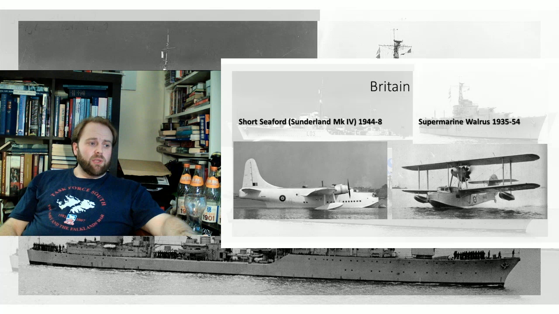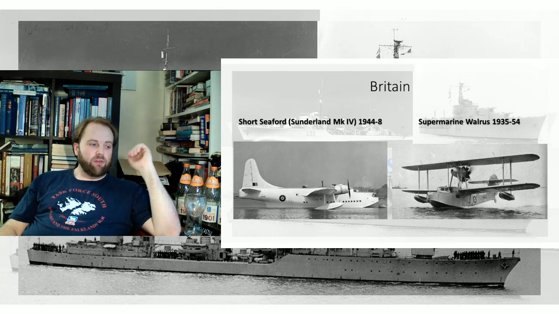Right. So we have the Short Seaford and the Supermarine Walrus here, and they are both absolutely lovely. I do have great affection for both, especially the Short Seaford because it has 20mm cannons in its dorsal turret, but we'll get to that in a second. What I mostly want to talk about is the fact that it's a continuation, in many respects, of the Sunderland. It is an upgraded Sunderland, but it's more than that. It's something which is... how do I put this? It's something which is quite special